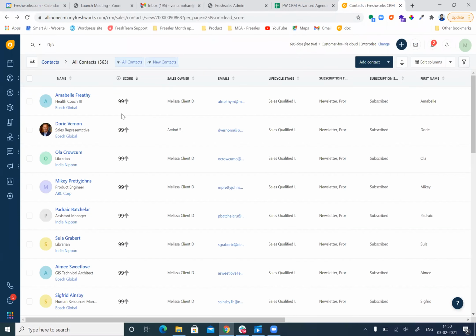These notes will help you for future reference, or even if the customer is taken care of by a different salesperson. The new salesperson would be able to go through the history of notes,